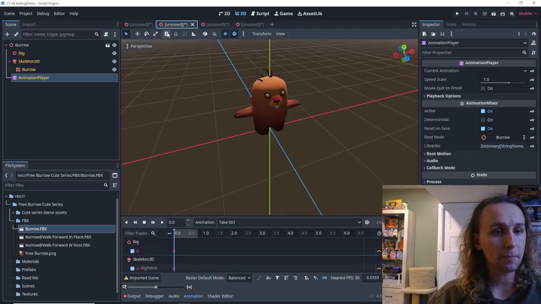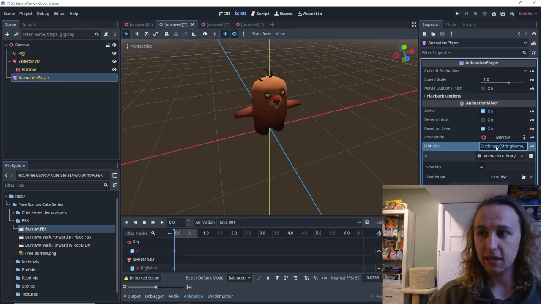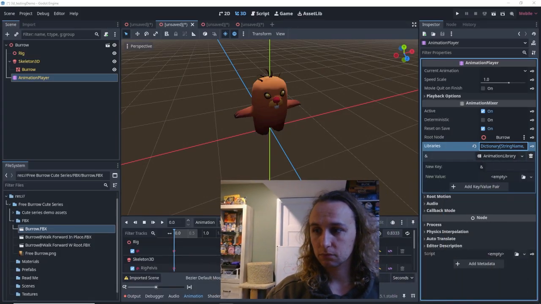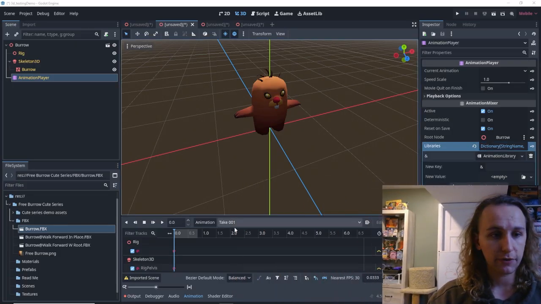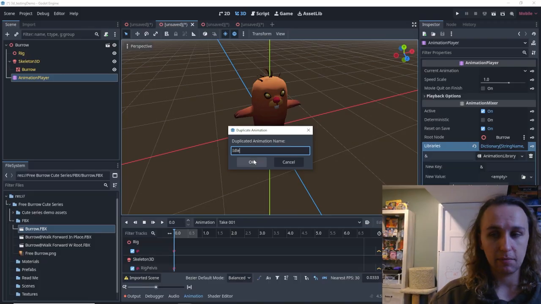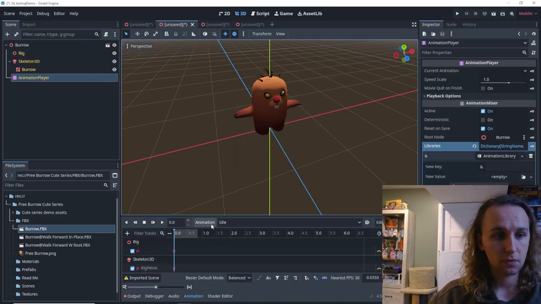Perfect. Now hop back over here and do the same with this dictionary. Select the Make Unique button. Perfect. Make sure to duplicate this action as well. And this time, I'll give it an actual name. Let's set this animation to idle. Now I can go new and go walk